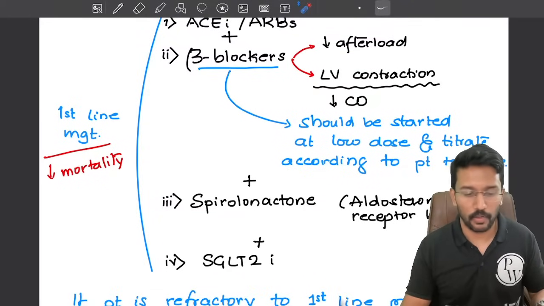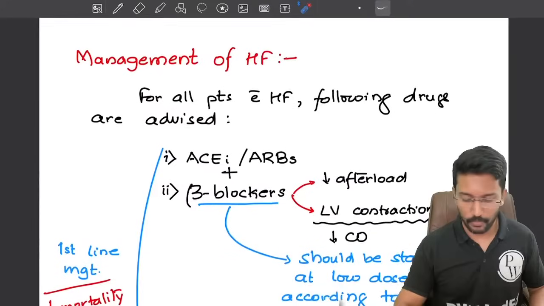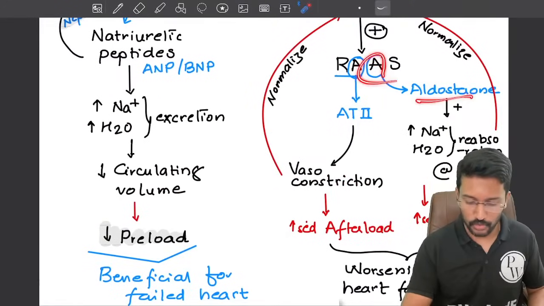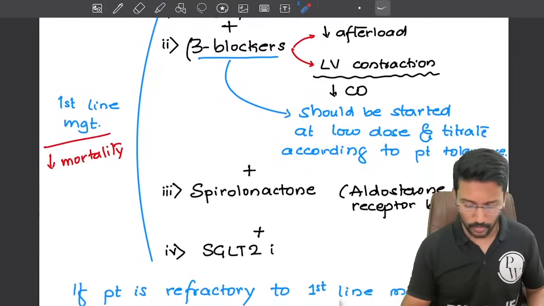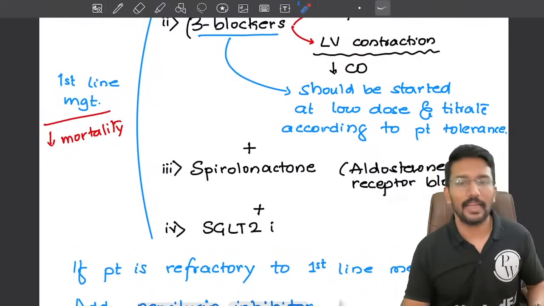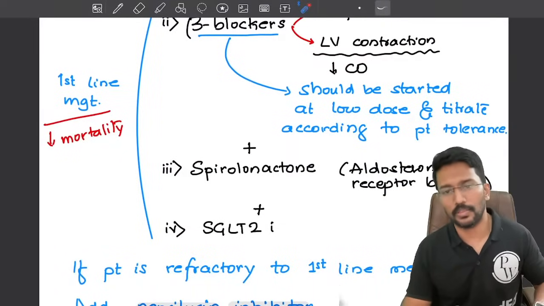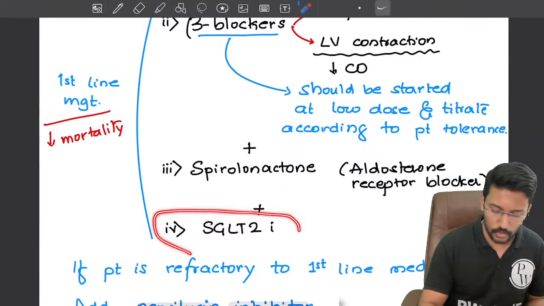Why are we giving spironolactone? Because we have to also block the aldosterone, which is increasing the preload. So we give spironolactone to all the patients. And nowadays, since the last 2 years, we have started adding one more class of drugs to all the patients, that